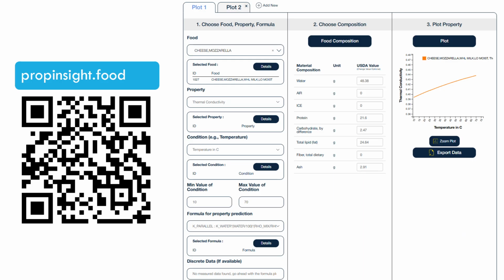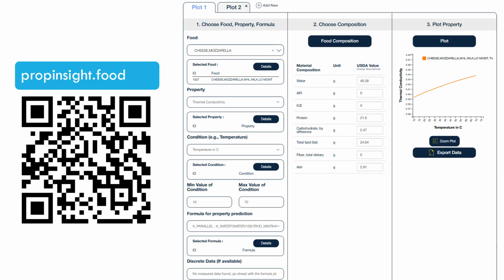Now, what is computer aided engineering? So there can be many examples of computer aided engineering. Here I picked a very simple, trivial one, and that is just predicting properties of food.